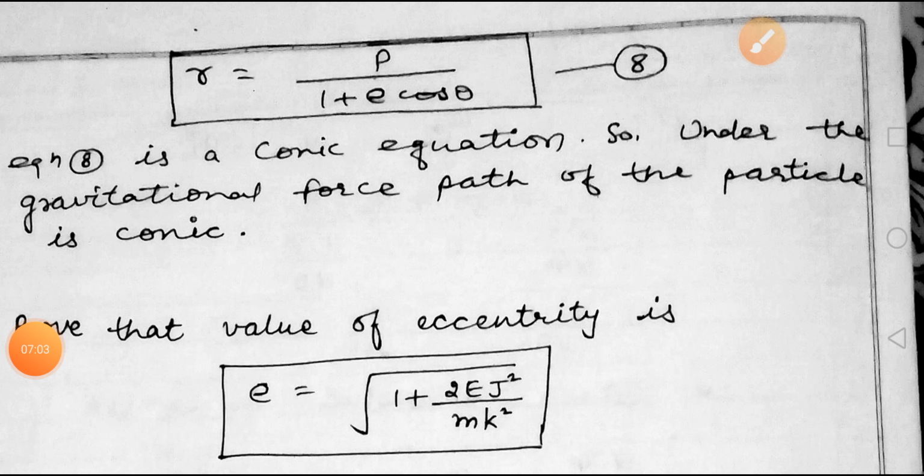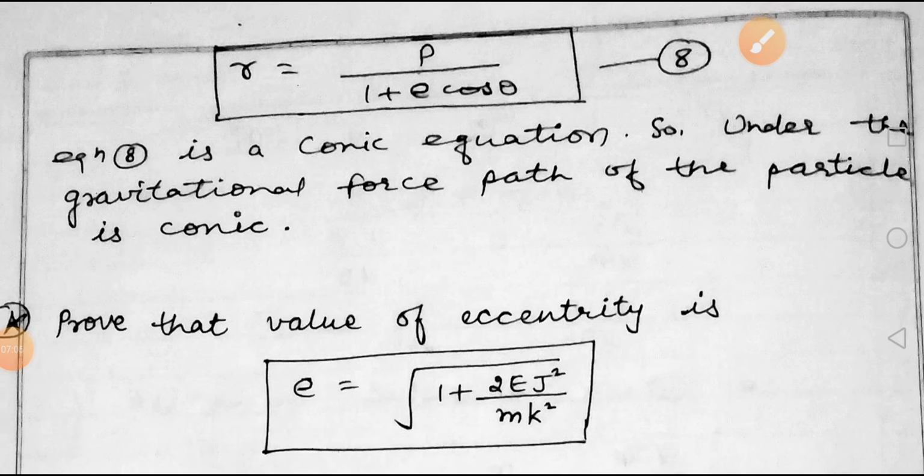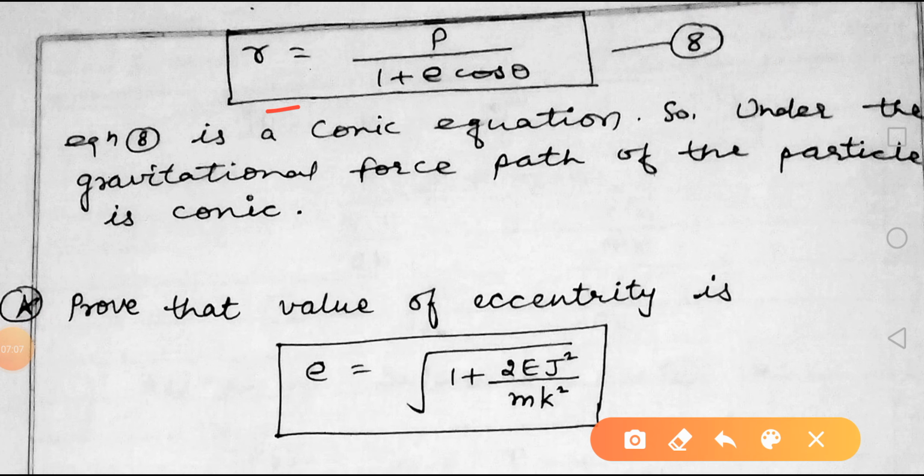So we get r is equal to p upon 1 plus e cos theta. This is the conic equation. So under the gravitational force, the path of the particle is a conic. Conic equation means in any plane a variable point and